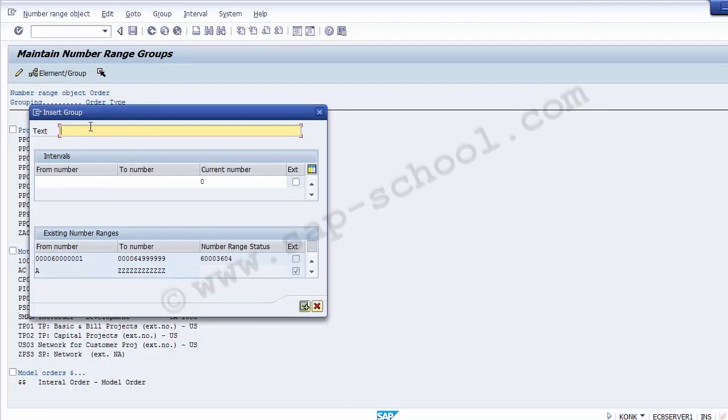where I need to fill the number range number as well as the text. So we can define the text over here as internal order type 1200, the same order type description which we have just defined a while back in the last step, and we can define the number range from and to. The number range I would be taking over here is 10012 to 1099. If you take this number range for the internal order, that is what you have to define on the screen, and then we can move up to insert this particular number range. So click onto the insert,